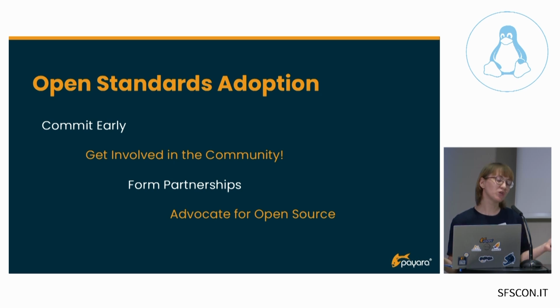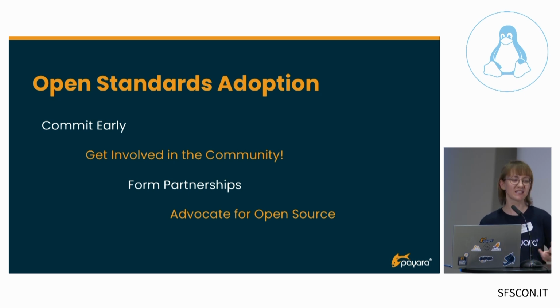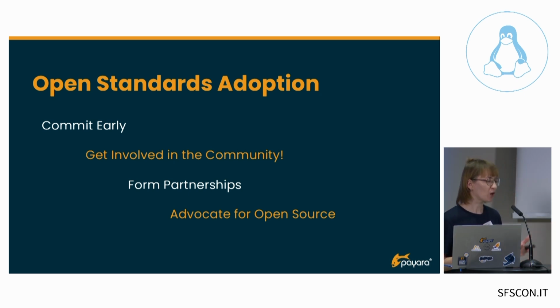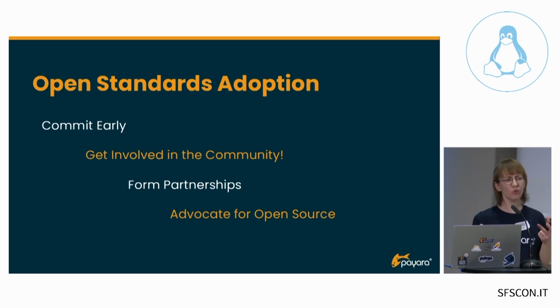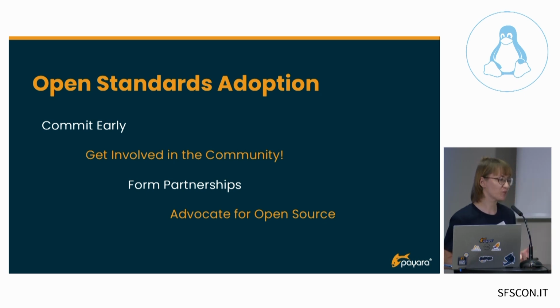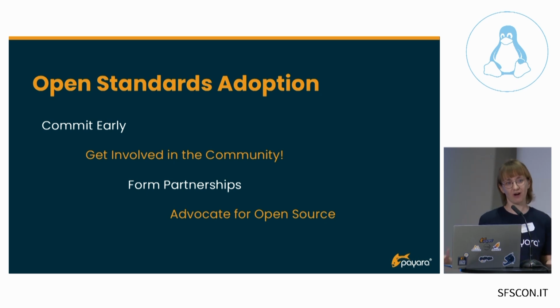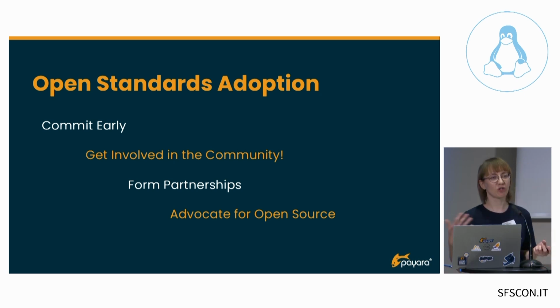So now that we know all those benefits of open standards, how do we ensure that they are actually being adopted by the businesses? Here are some of the best practices. One of the best things that can happen in the ideal world is that you commit early, so from the start of your project, you are using open standards. That would be great, because then you would avoid complex re-engineering later. But this is the ideal scenario, and in real life, this doesn't always happen.